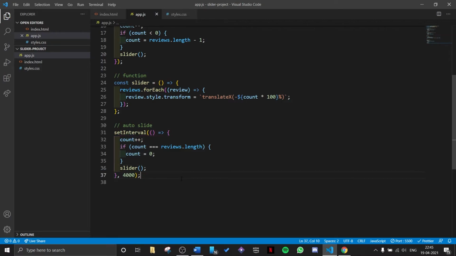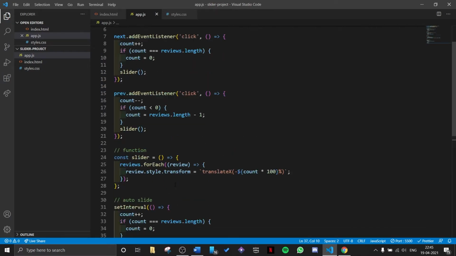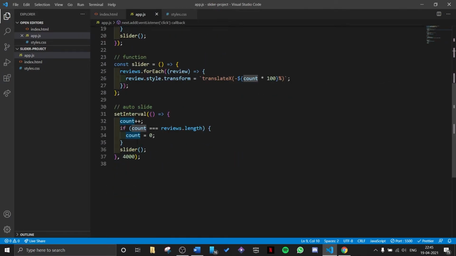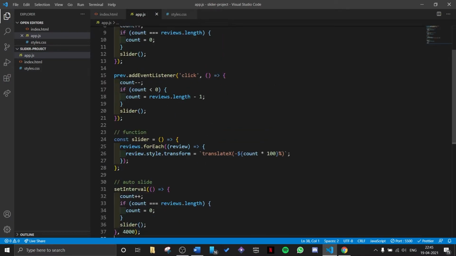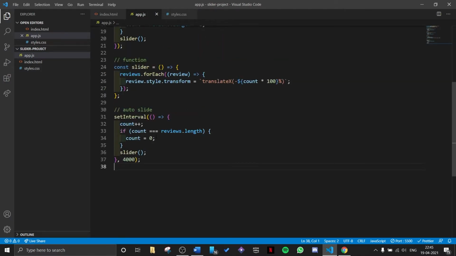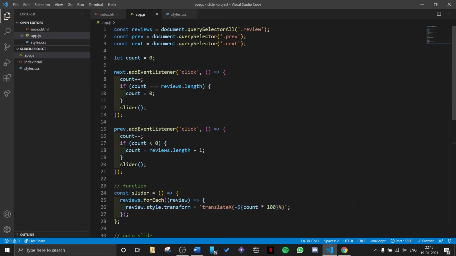Now it's always said that you should not repeat your code. If you have similar code in two places, you should create a separate function and then call the function in both of those places. But in our case, we just have like 3-4 lines of code, so I think copy and pasting will do fine. So now let's try it. I will refresh the page. As you could see, it was already working. So yeah, auto slide works just fine.